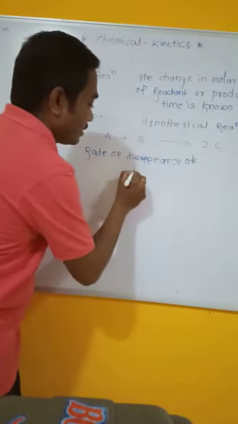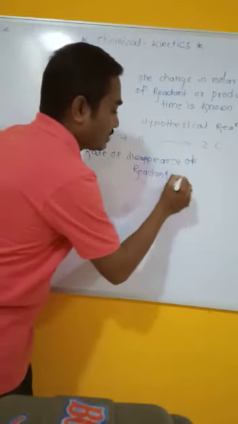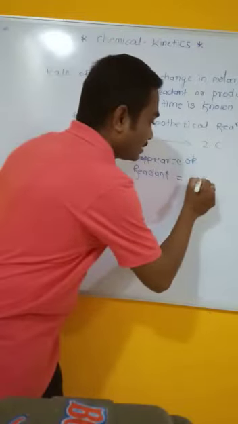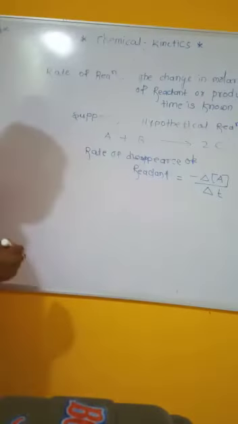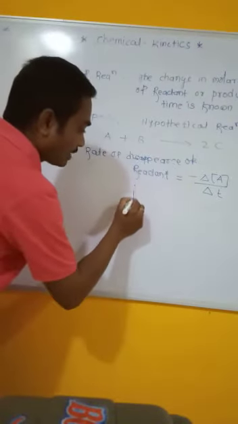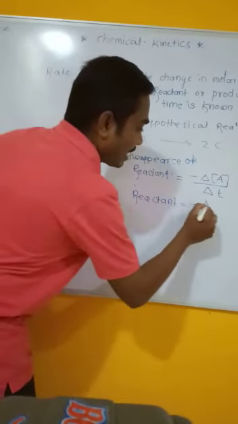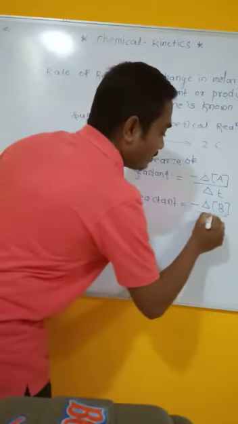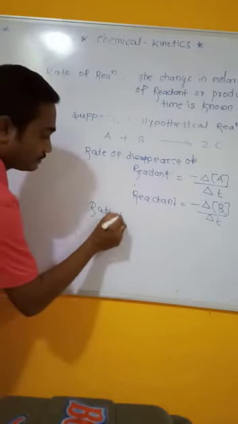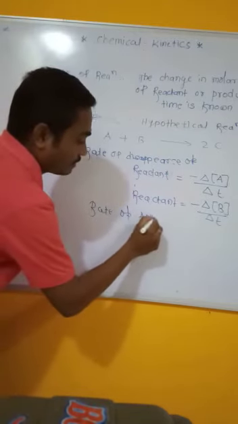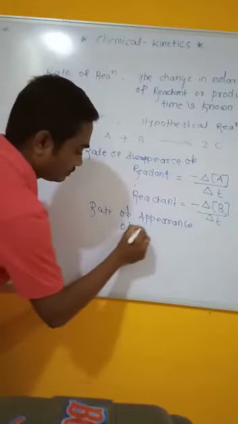rate of disappearance of reactant A, minus grad A divided by grad T. Similarly, rate of disappearance of reactant B, minus grad concentration of B divided by grad T. But the rate of appearance of product